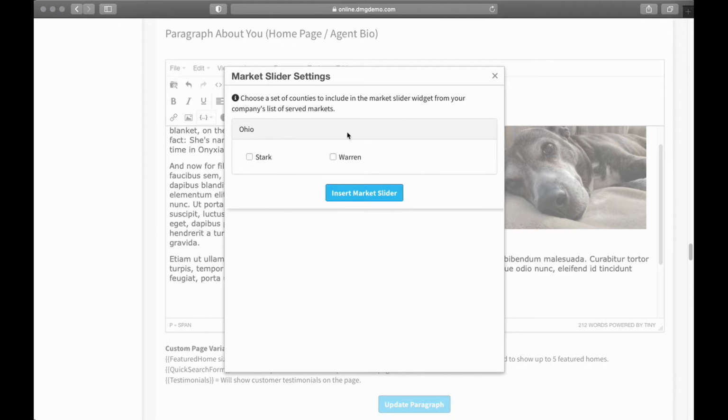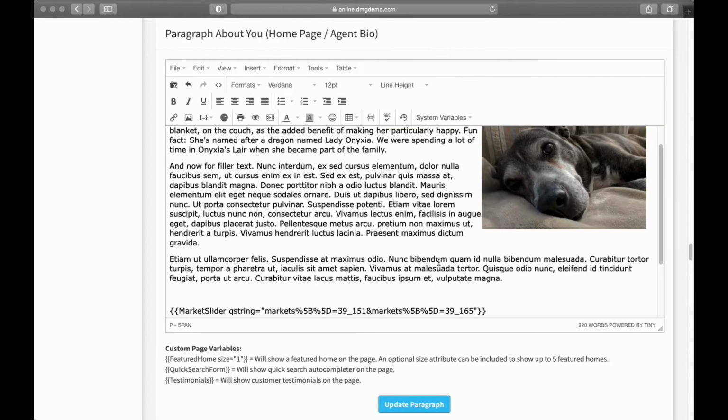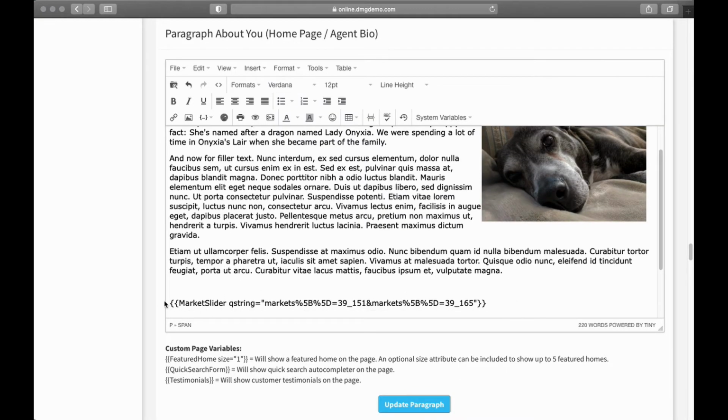It gets these from the market counties, or the counties that your brokerage is marketed in or does business in. So which ones it shows here will work automatically. But then from here, you just choose the ones you want to demonstrate. So we'll go with both. Stark and Warren is what we have here, so we'll just go with both of them. Click on Insert, and there we are. So that inserts our little snippet here, and that'll actually be rendered out as this market display on my home